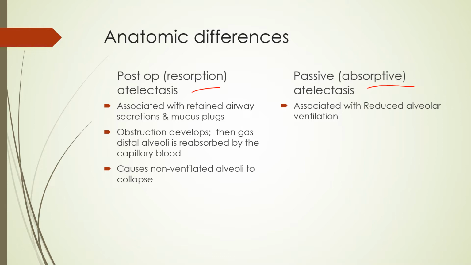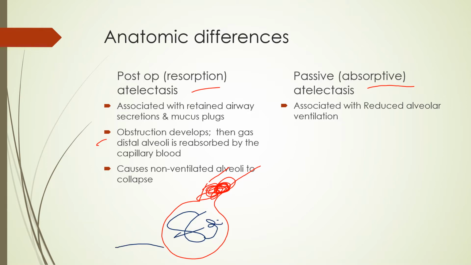But in this situation, obstruction will develop, right? Because you've got a giant mucus plug, similar to that previous screen where we saw that squamous cell carcinoma blocking gas flow. This is just a giant mucus ball that's blocking the alveoli from getting gas flow altogether. So then we have this alveoli, we have this giant mucus plug. Obstruction develops. All the gas that's in the alveoli here, that is distal to the plug, all that oxygen that was in here,